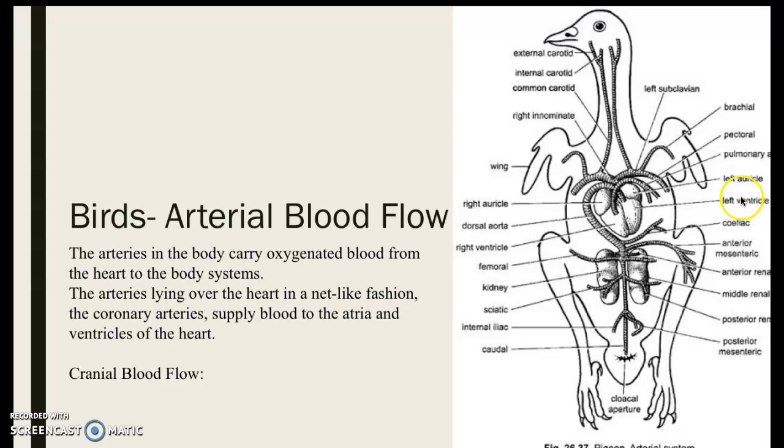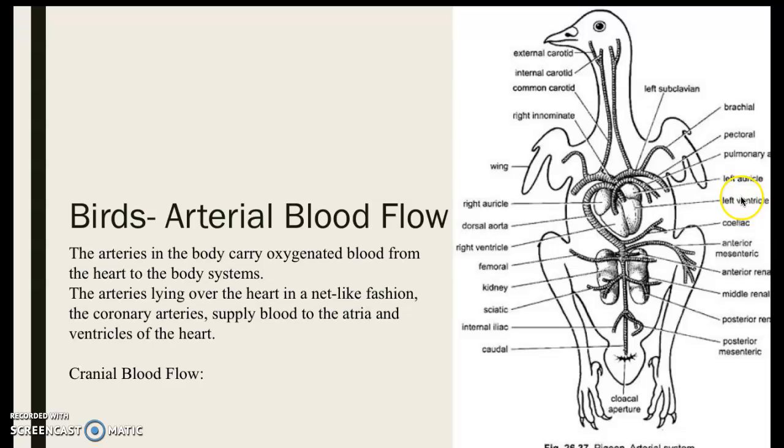For the arterial blood flow, the arteries in the body carry oxygenated blood from the heart to the body systems. The arteries lying over the heart in a net-like fashion, the coronary arteries, supply blood to the atria and ventricles of the heart themselves. So tracing this blood flow cranially, the blood from the left ventricle of the heart is pumped out into the aorta, which branches nearly immediately to provide blood to the caudal and cranial ends of the body. On the cranial aspect, moving toward the head, the aorta branches to become